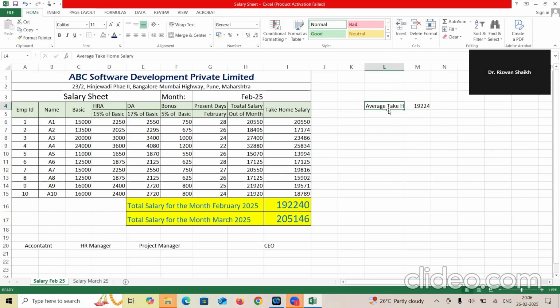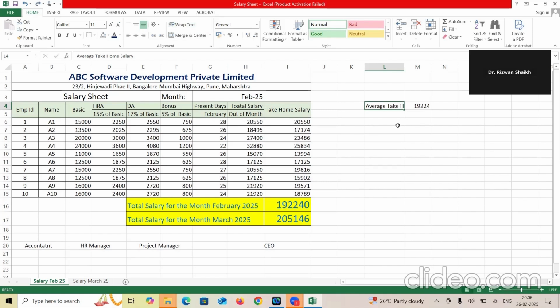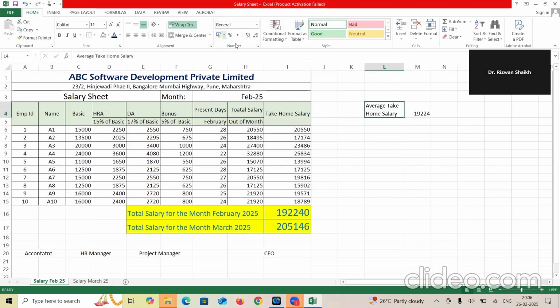अभी मुझे यहाँ पे क्या हो रहा है, ये अभी देखो क्या हो रहा है, ये हाइड हो जा रहा है, तो हाइड हो जा रहा है तो क्या करना है, रैप करोगे तो वो आ जाएगा। देखो, रैप टेक्स्ट पे वापस करता हूँ मैं। ये हाइड हो रहा है सेल, या तो मुझे सेल की लेंथ बढ़ानी पड़ेगी या हाइट बढ़ानी पड़ेगी। सो मैं रैप टेक्स्ट अगर करूंगा तो रो की हाइट बढ़ जाएगी, और ऑटोमेटिकली द एंटायर टेक्स्ट विल बी विजिबल। सो ये टेक होम सैलरी हो गया, इसको मैं बीच में लेता हूँ।